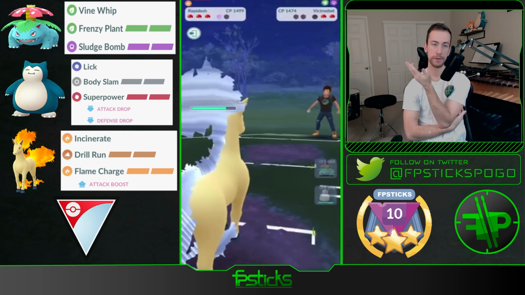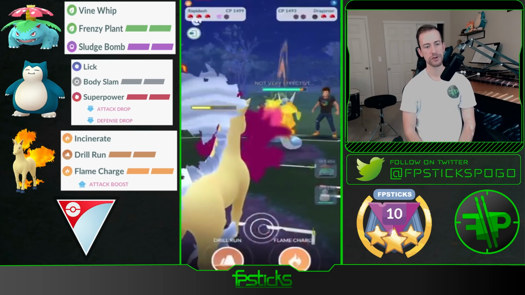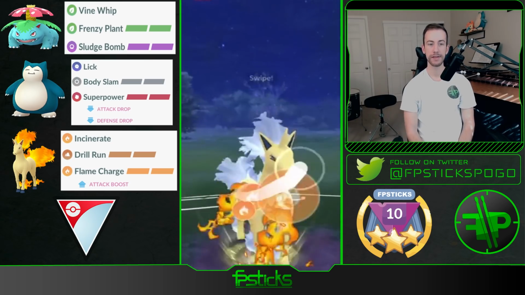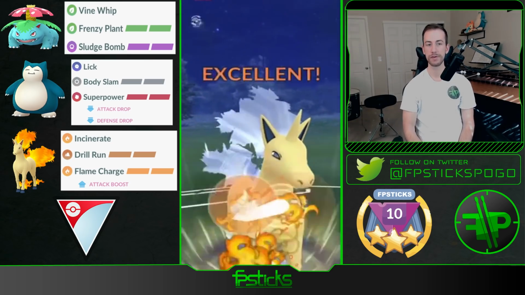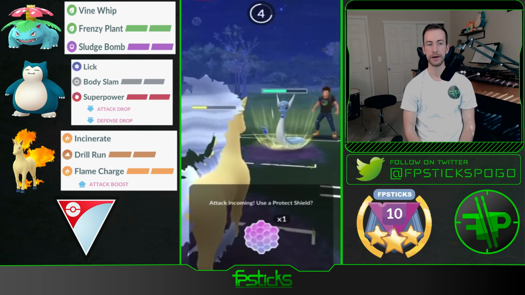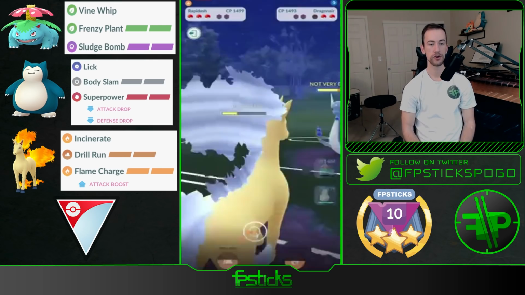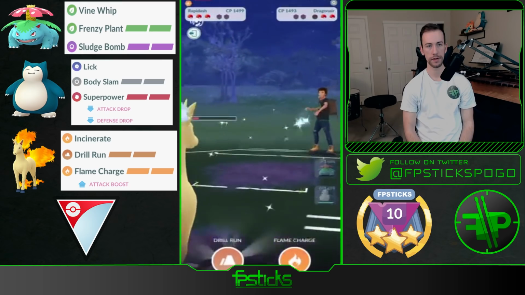Now you're going to farm with Rapidash. Okay, get a jump start on energy. Preserve the Venusaur still. I would just go straight Drill Run here. This is going to be resisted. Drill Run would hit for neutral. Yeah, I definitely want to go for the Drill Run there. This is a tough call. Okay, you should be able to get to this Drill Run before...